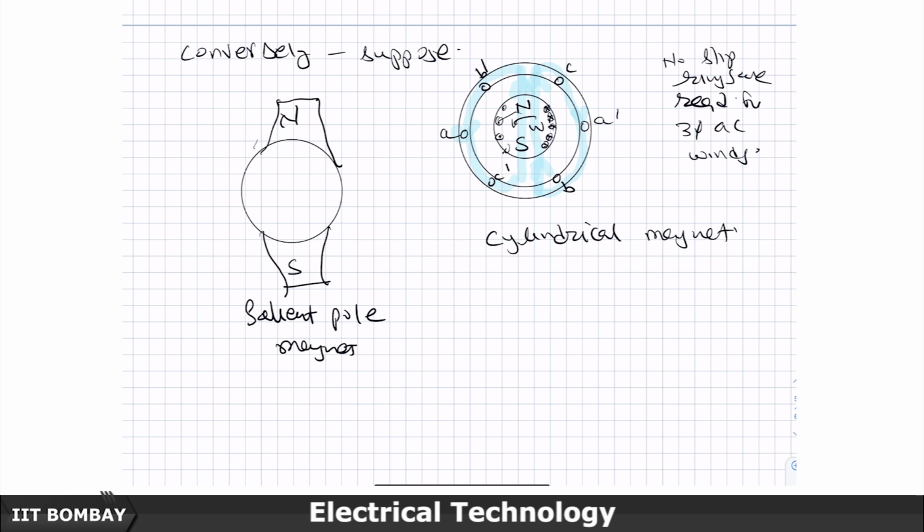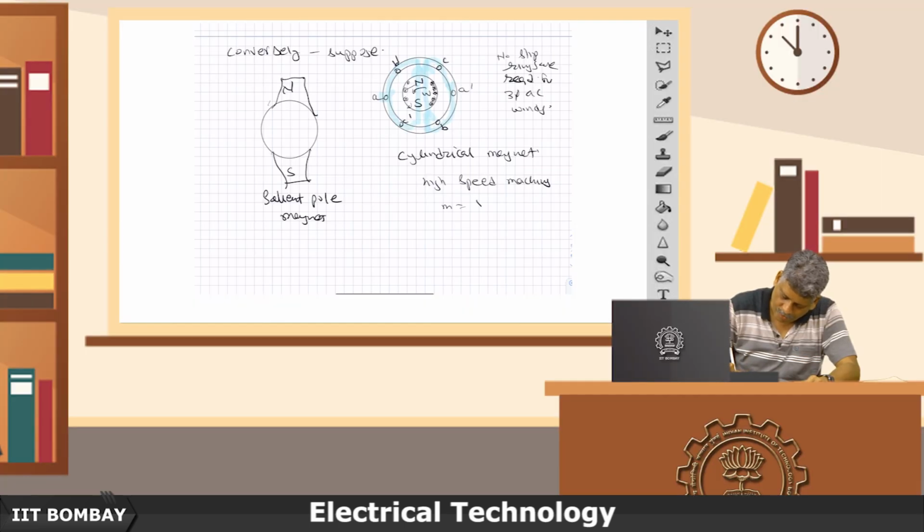Usually it is used for high speed machines, because here, as you can see, you can properly house them inside this construction. So, they will not fly away. Suppose I have a 1 kg mass, and let us say this diameter is approximately 1 meter. So, the radius is, let us say, around 1 meter,